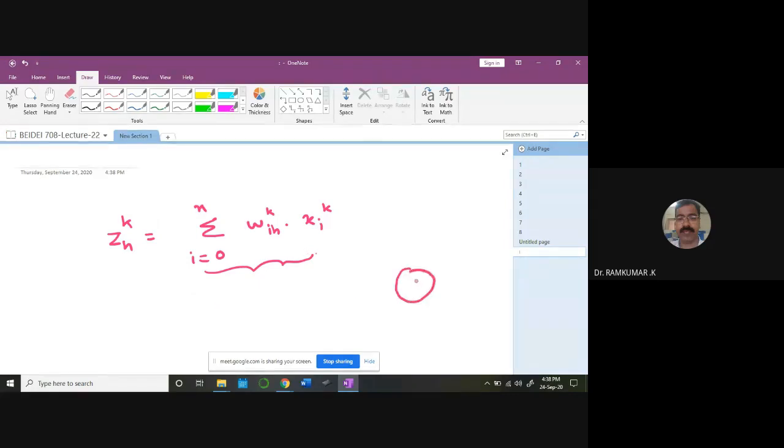In our case, it is the first neuron, and I have 2 neurons in the input, and this is connected like this. So I have 2 values. So what is the value of i now? Tell me. i is going to vary from